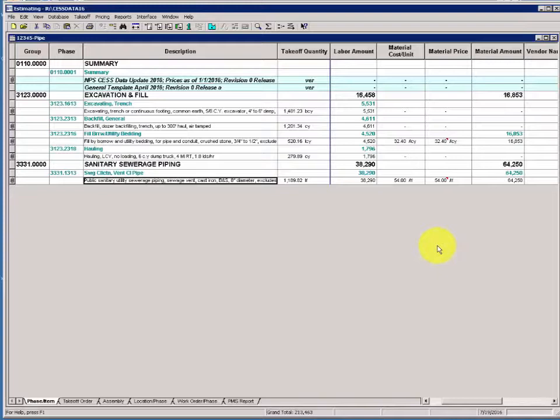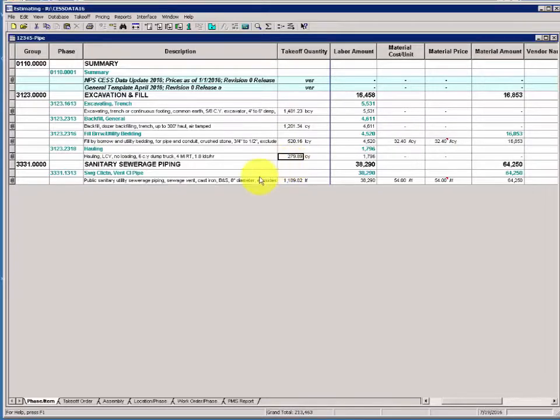Activity 8. Modify item quantities using Review Assembly. In this activity, we're going to reflect a change in the plans. There's been a modification to the trench depth. And rather than working from the spreadsheet and trying to do a complicated system of adjustments to quantities we've already built up through assembly passes, we'll use a feature called Review Assembly to easily make a modification to our quantity